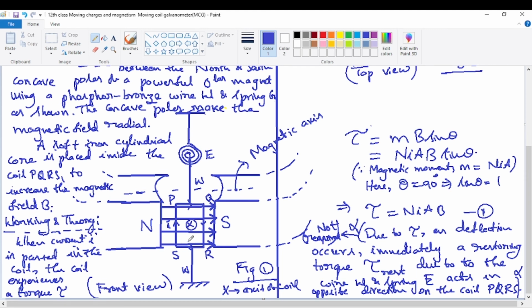Perpendicular to the plane of the coil means it can be either inwards or outwards. The inward direction is shown by a cross. Why is it inwards? Already we have seen this while learning about the magnetic induction on the axis of a circular coil. In that topic we have seen it, so you can check that once again. If you want to know why the direction of the axis is taken this way, really it is the direction of the magnetic moment of the circular coil. That direction of the magnetic moment is directed into the plane of the coil depending on the direction of the current, which is clockwise. So this is figure 1. Okay, just a moment.